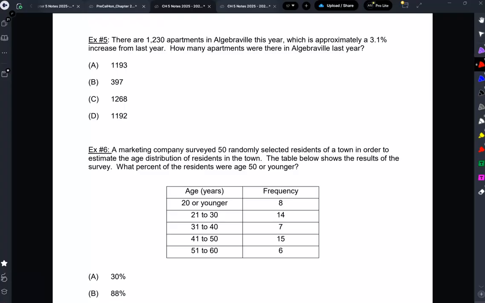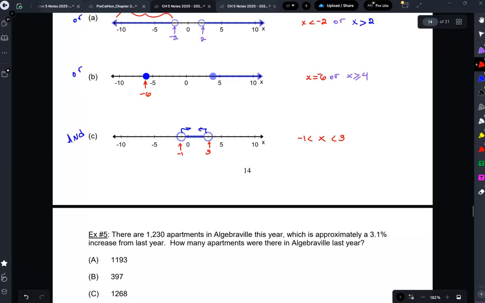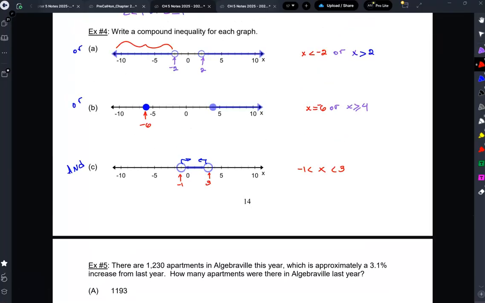Sorry, just one question for Steve. Could we have just done x is greater than -1 and x is less than -1? Yes, you could also have done x is greater than -1 and